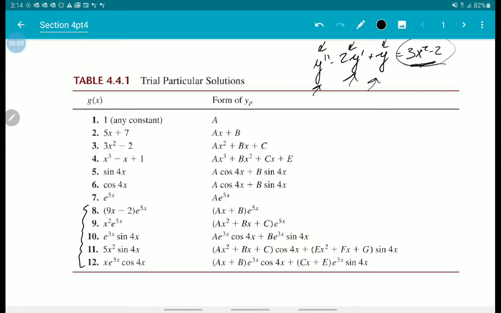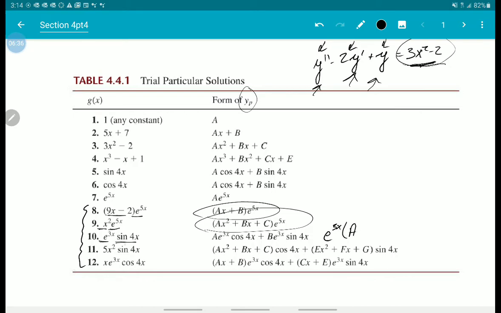What if we have a linear times an exponential? Then our educated guess would be a linear times an exponential. What if we have a quadratic times an exponential? Well, our educated guess for y sub p would be a quadratic times an exponential. And you can see how that's going to play out throughout the rest of it. We have an exponential times sine of 4x. Then we would have an exponential